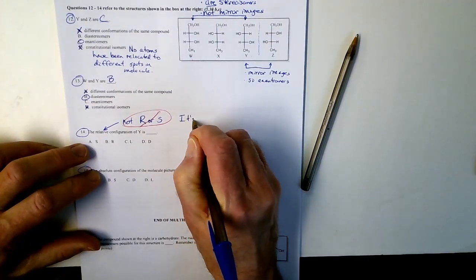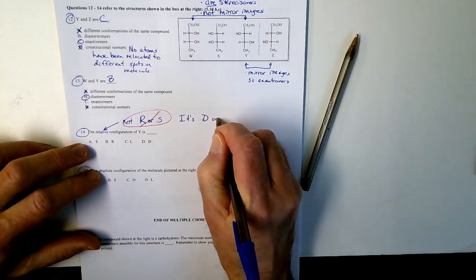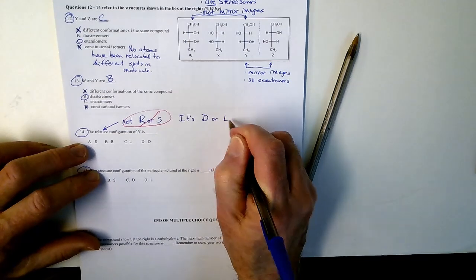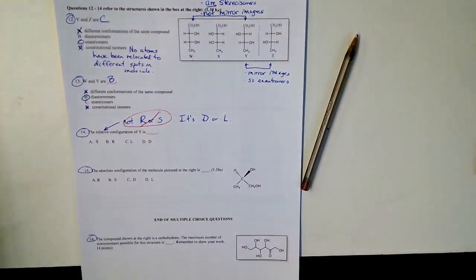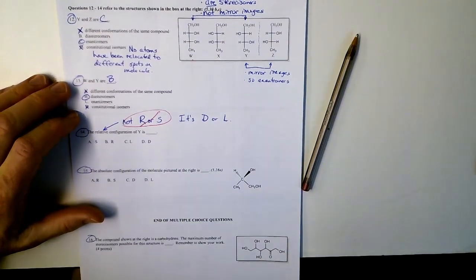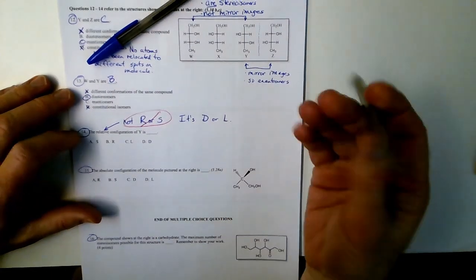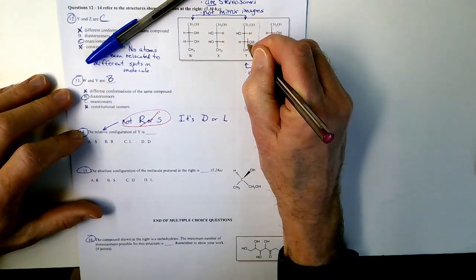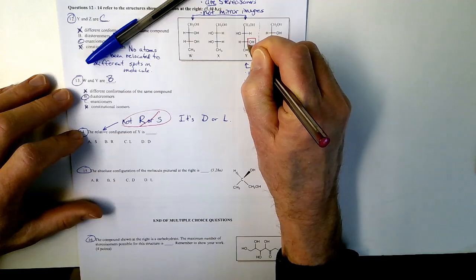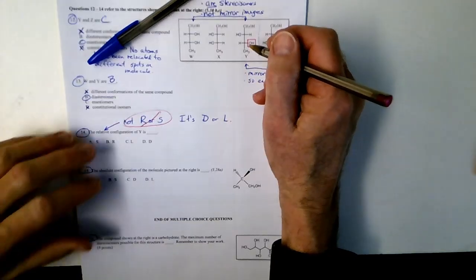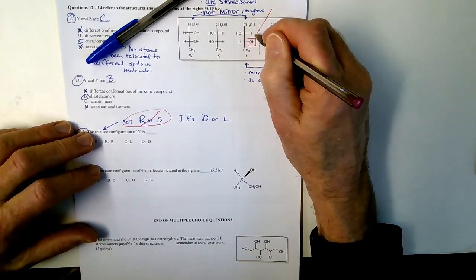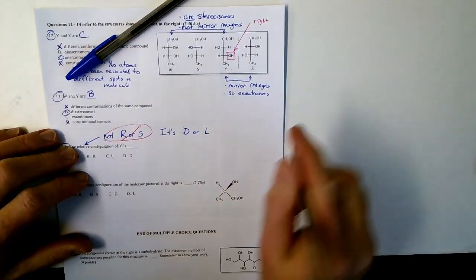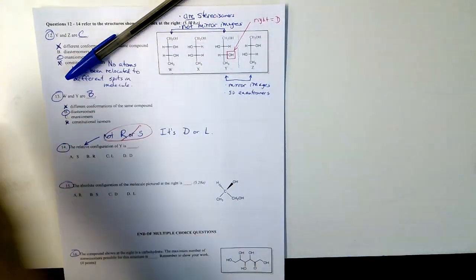So whatever your answer is, it has to be either D or what's the other one? Remember? D or L. So D means dextro for right, L means levo for left. And what you're looking for to make this call is look at Y, which is that one right there, and you're going to go for the OH group that's on the last chiral carbon, next to the last one in the whole chain. Okay, and that one is on the right. Off the screen. And that means you call it D.